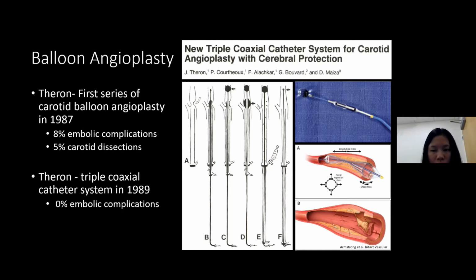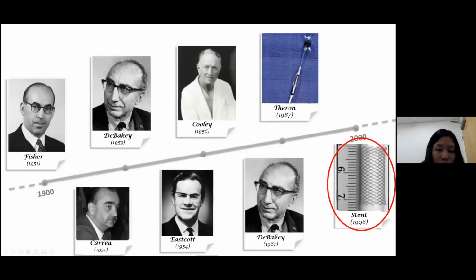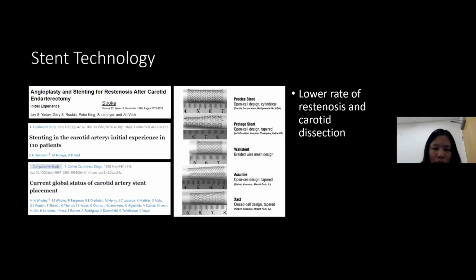However, despite this, there was still the complication of carotid dissection due to wall shear stress when you're trying to angioplasty the vessel. And so this again prompted another search for new techniques. And so in 1966, several different papers were written